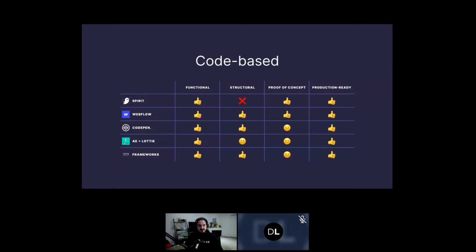Then we've got After Effects and Lottie. So Lottie is actually a framework created by Airbnb, believe it or not. And they put together a plugin that allows you to take an After Effects file and then transform it into a common language called JSON. So JSON is, think of it like